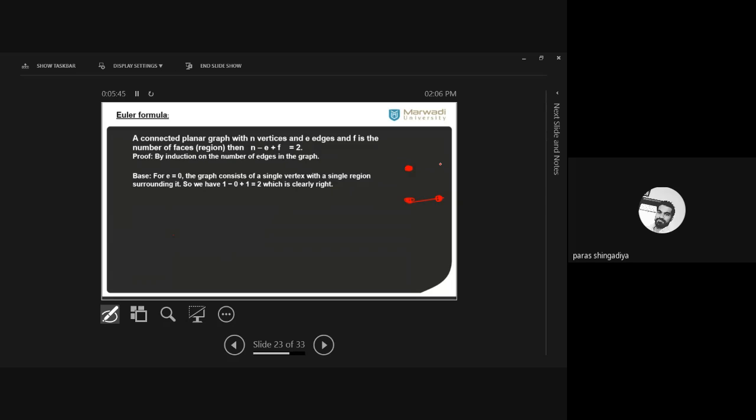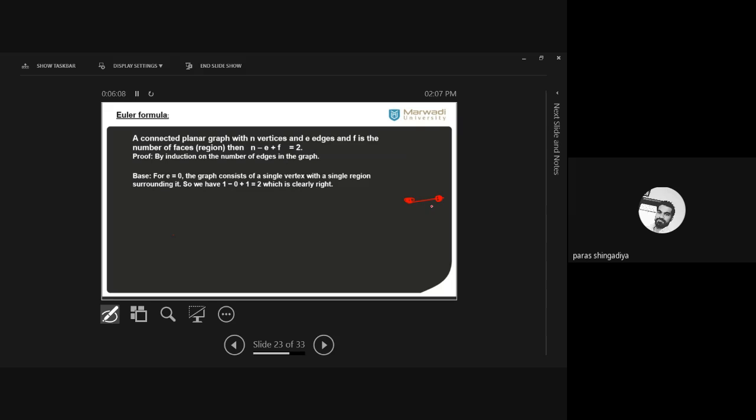So how many faces will this graph contain? It is also one. There is no connected block. A single vertex is for the E equal to 0 case. Now in this graph you have two vertices with one edge. How many faces are there in the graph? There is only one face. Still it is open space. It is completely open, no closed walk is being formed.